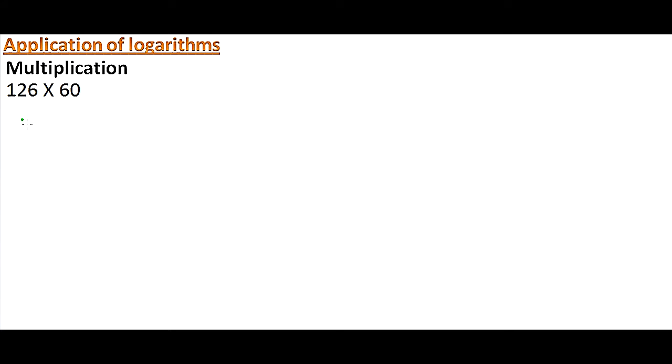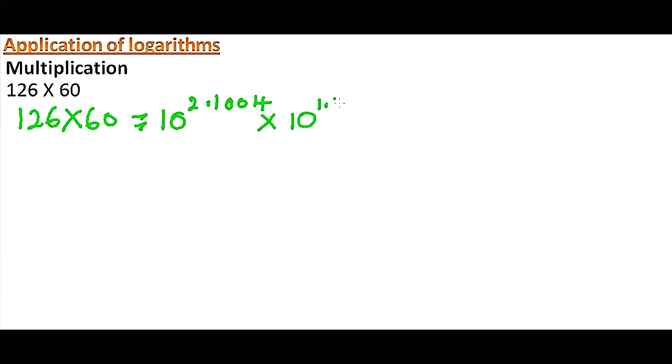So we have 126 multiplied by 60. We can write 126 in terms of powers of 10 by using the logarithm. So it is 10 to power 2.1004, multiplied by 10 to power 1.7782. We have used the logarithm table to express 126 and 60 as powers of 10. Now using the first row of indices, we can add because we have a common base. So when you add 2.1004 and 1.7782, you get